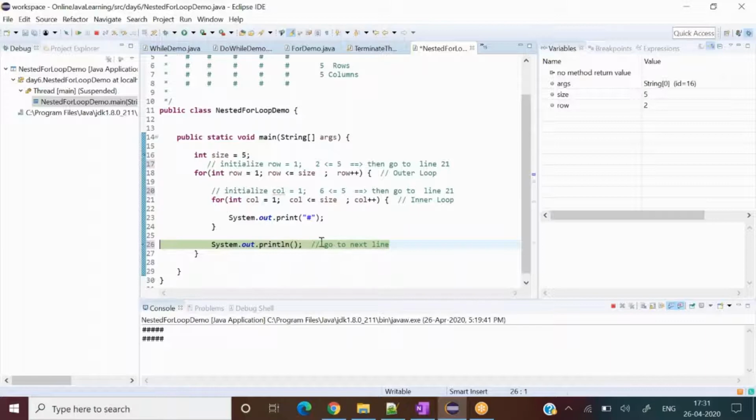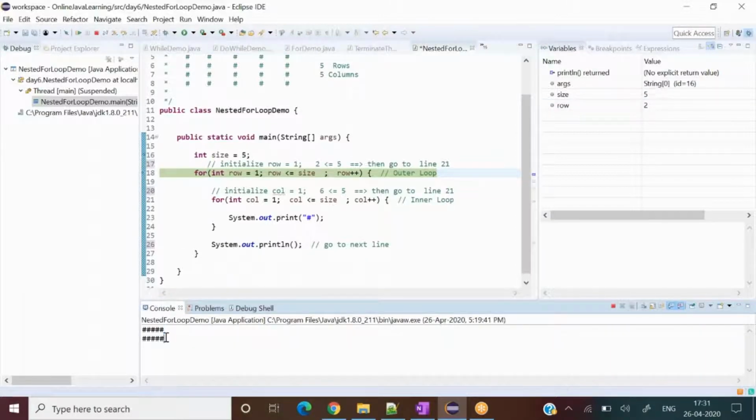And then it will go again next to 5, again go to the outer for loop, and row will become 2 to 3. So this cinema will continue until the row also becomes 5. So this time we are done with 2 rows. We kept our 2 rows ready here, all right?